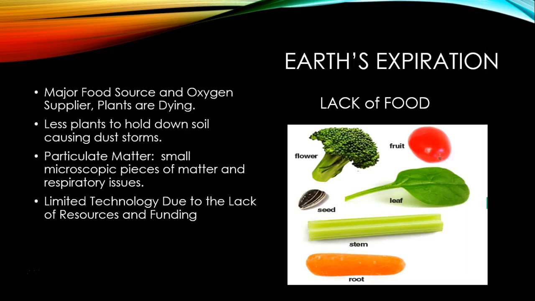Earth expiration: the reason Earth is going to expire is because most of the major food sources are gone and there's only corn left. Alright, the major food source and oxygen supplier are the plants, and the plants are dying. Alright, so another one is